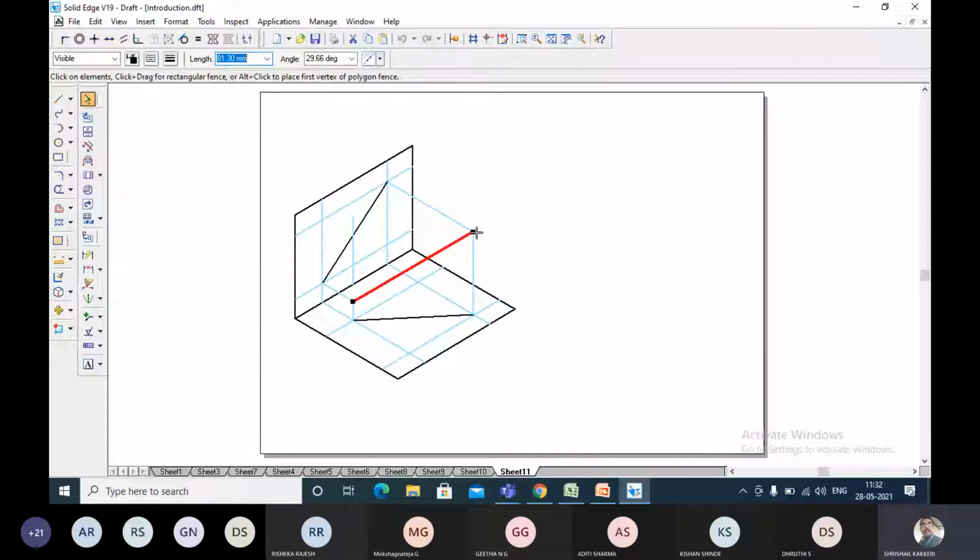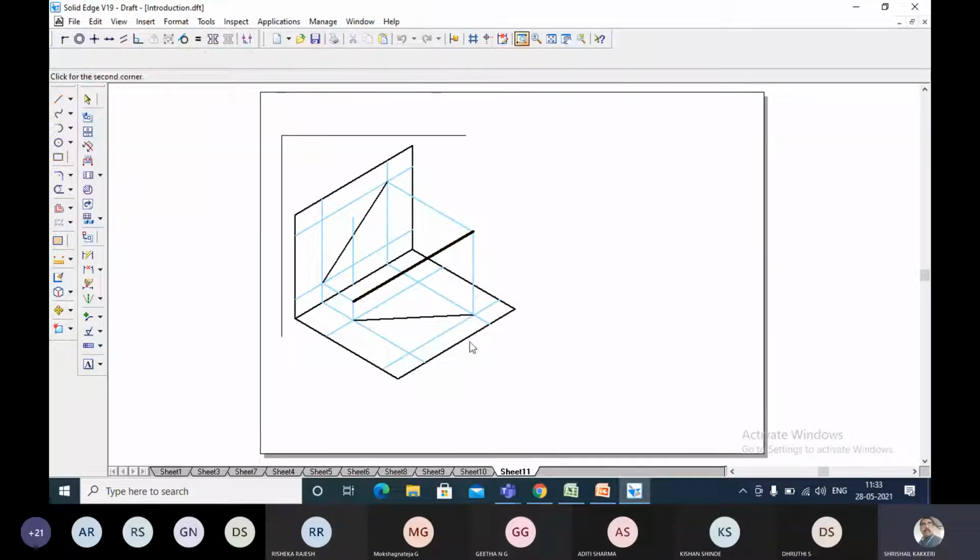Now let me come to this one. It is not parallel to the horizontal plane. You can see that this line and this line are not equidistant. So this case is very different, and these are the ones we will be doing problems on. And now I wanted you to understand more about this.